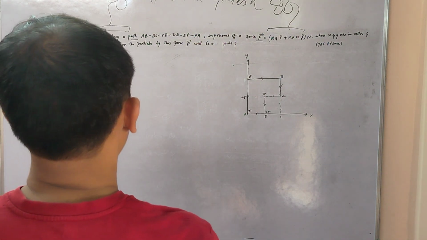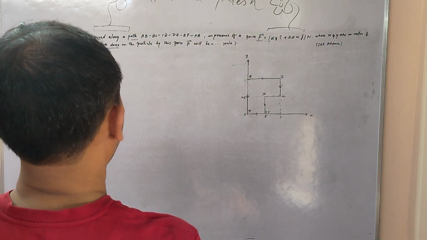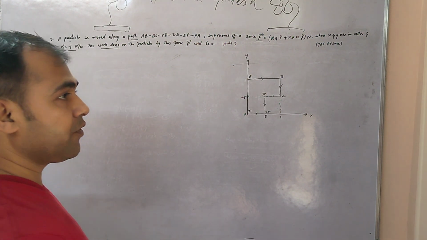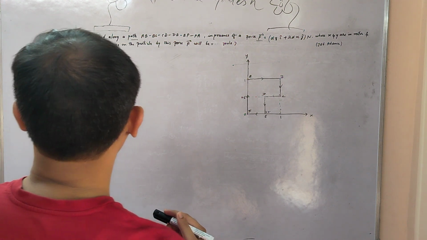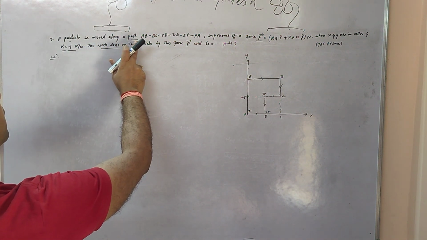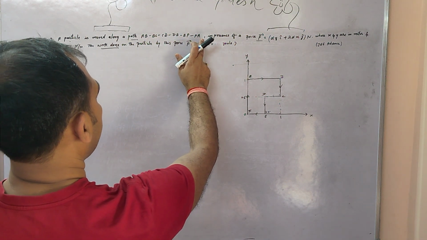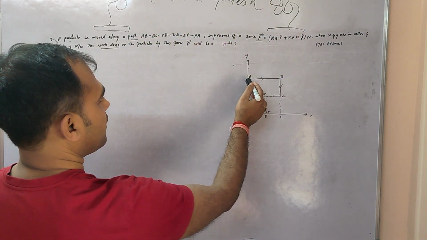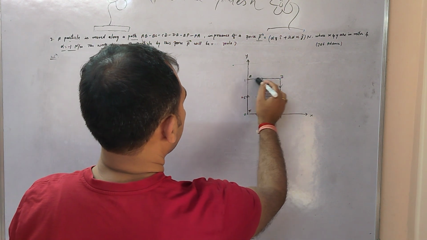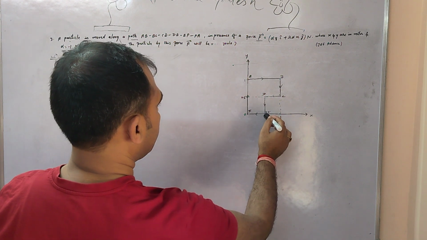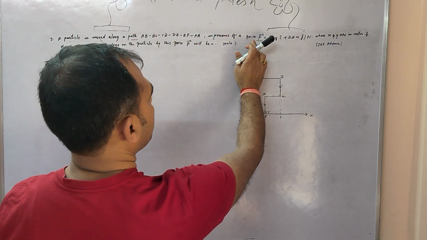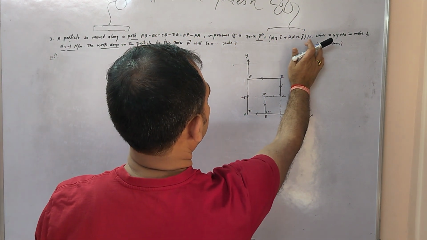So friends, here we have another very important question of JEE Advanced. Let us quickly read what the question says. A particle is moved along a path A, B, C, D, E, F, A. Here is a particle that is moved along A, B, B, C, C, D, D, E, E, F and again F to A, in presence of a force F that is given this,